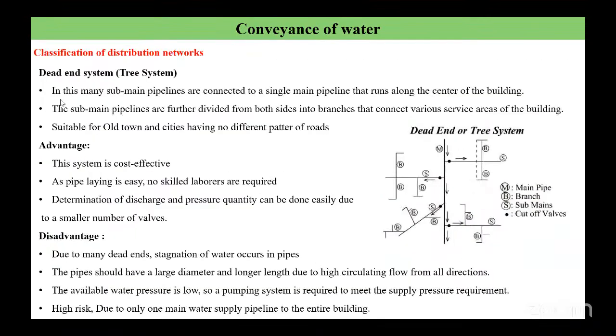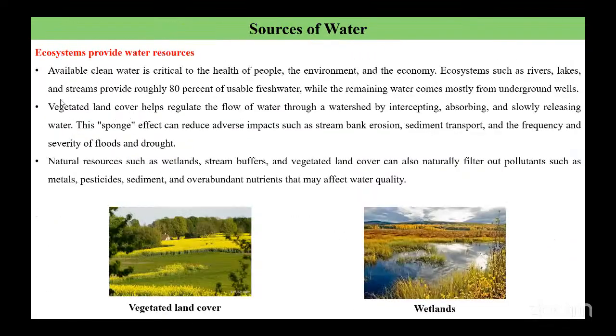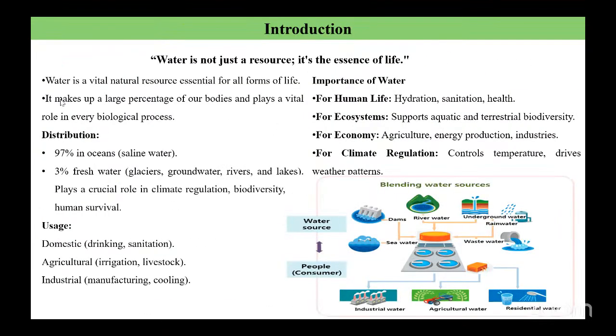So by now we have understood about water, its importance, its sources, how it is distributed through natural and artificial ways, and how its quality is getting deteriorated, the major sources of pollutants, and all this we have learned in this class. Further, for the next class, please make sure that you all are prepared, so that it will be easy for the next treatment classes.